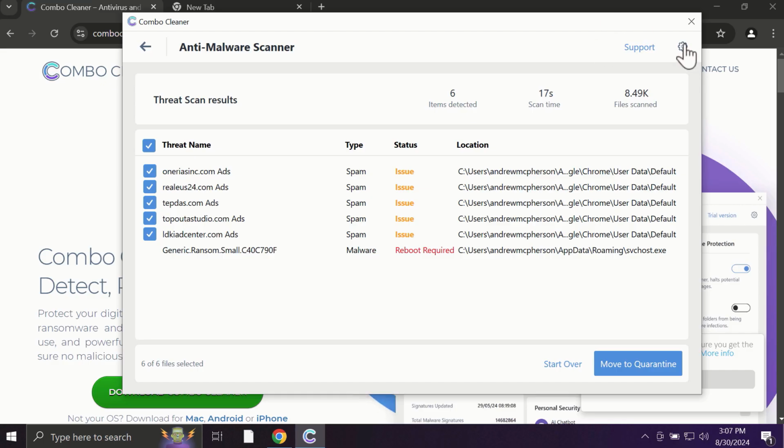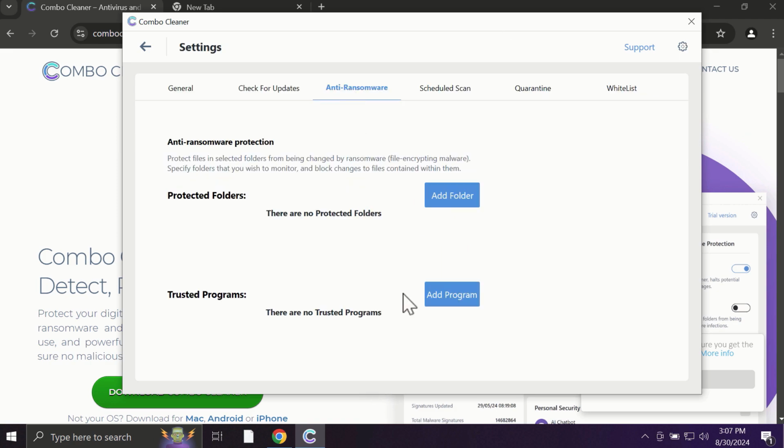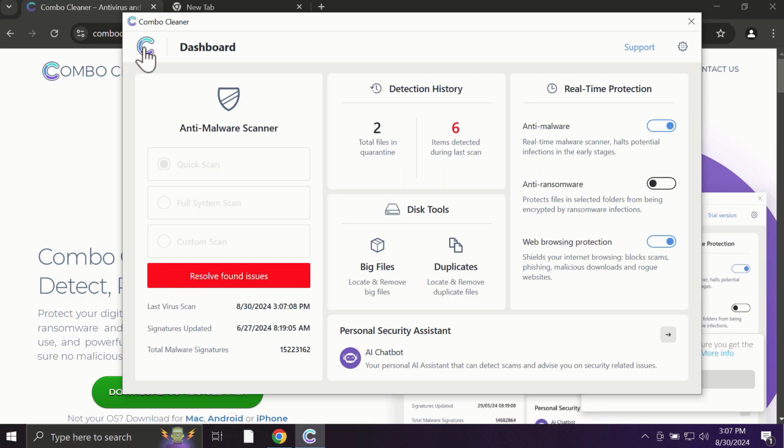With the premium license, for instance, there is an excellent anti-ransomware feature which helps to always keep your data protected. You can add certain folders on your system, and the contents of these folders will be always under protection against ransomware attacks. And Combo Cleaner works extremely well when it comes to identifying contemporary threats like adware,